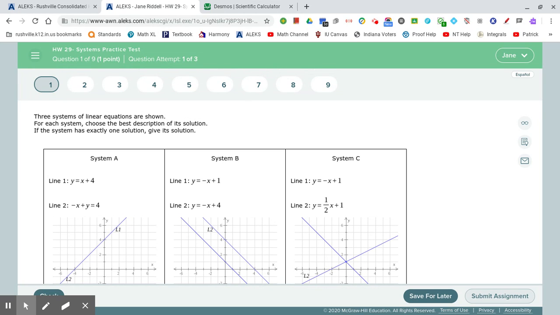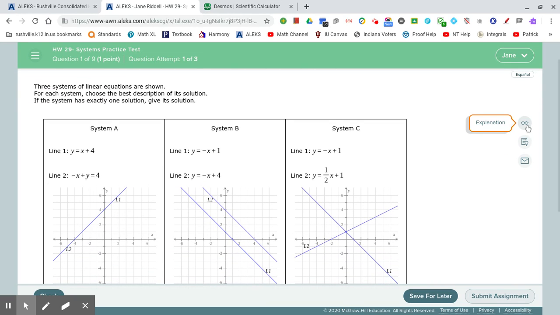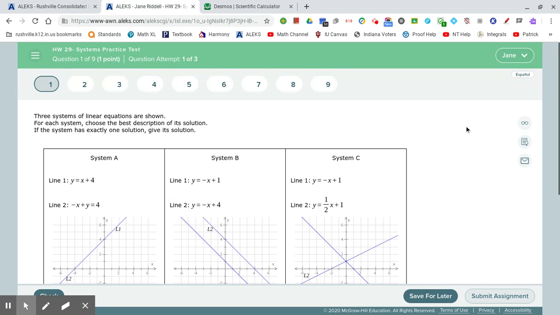Really, the only difference between this homework practice, your practice test, and the actual test itself is that as you are going through the homework, if you want to, over here on a homework assignment, you can always click explanation, you can click view an example, and after you complete the problem, you can check your work to see if you were right or wrong. You also get 3 attempts as you're going through the homework assignment, and then if you miss those, you can